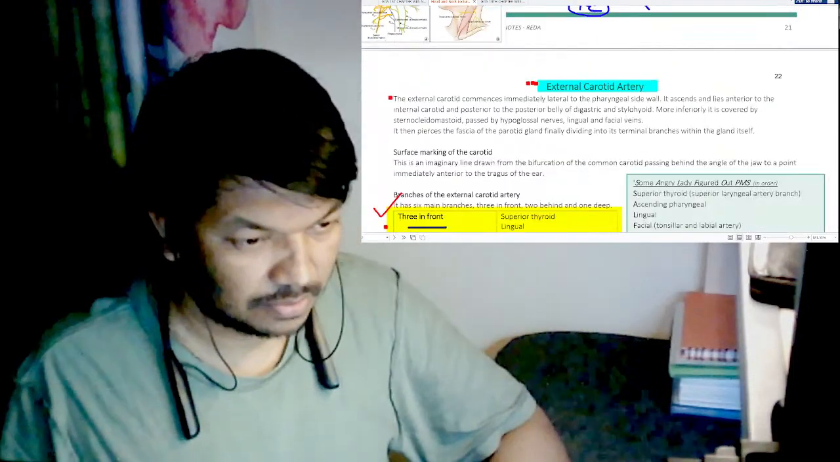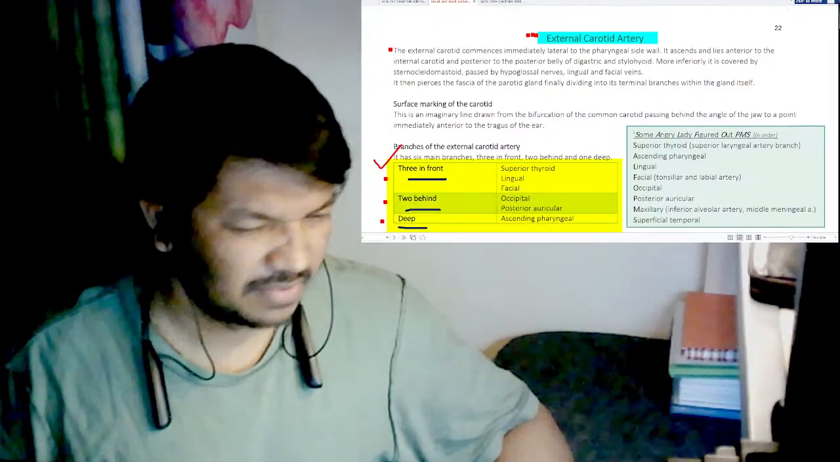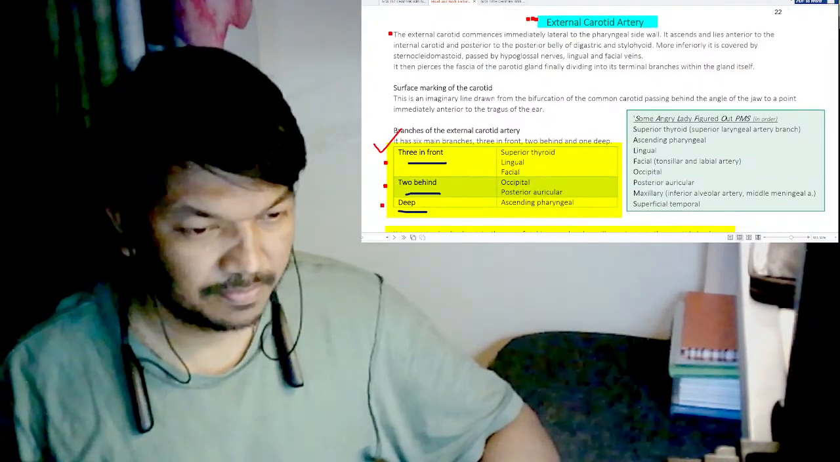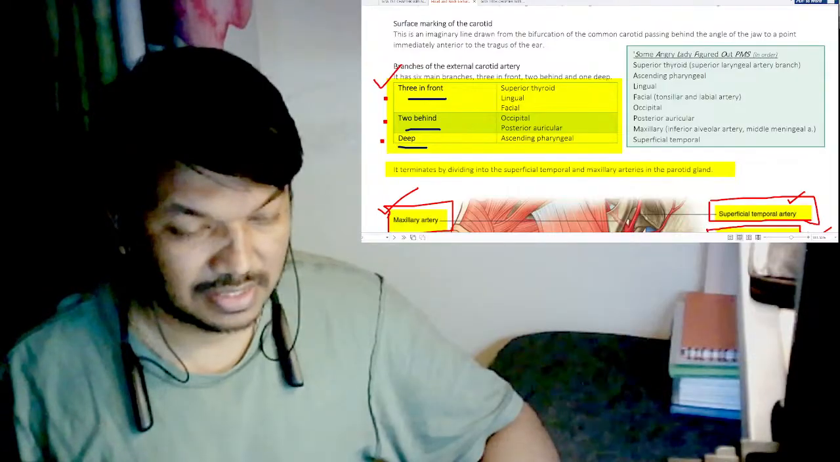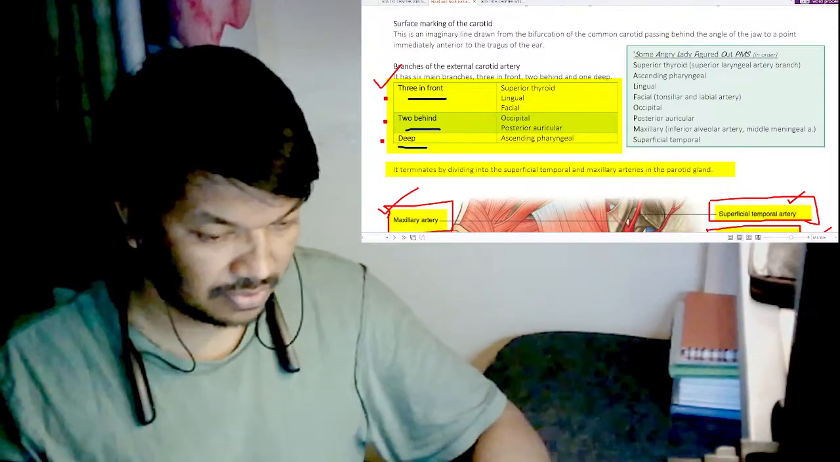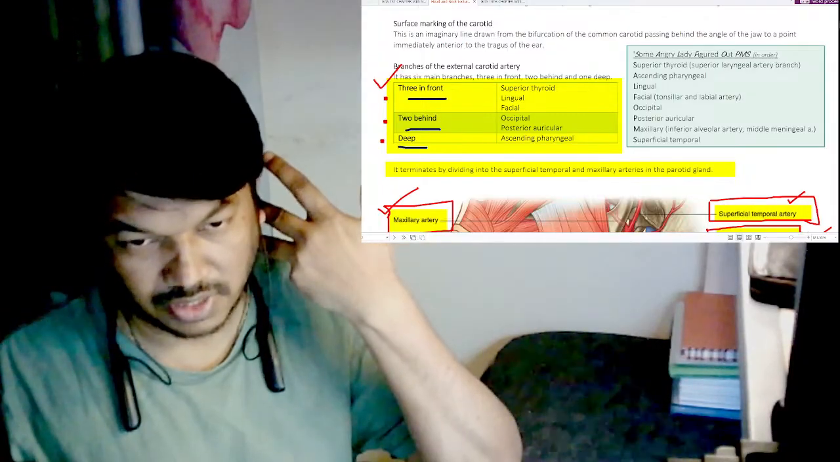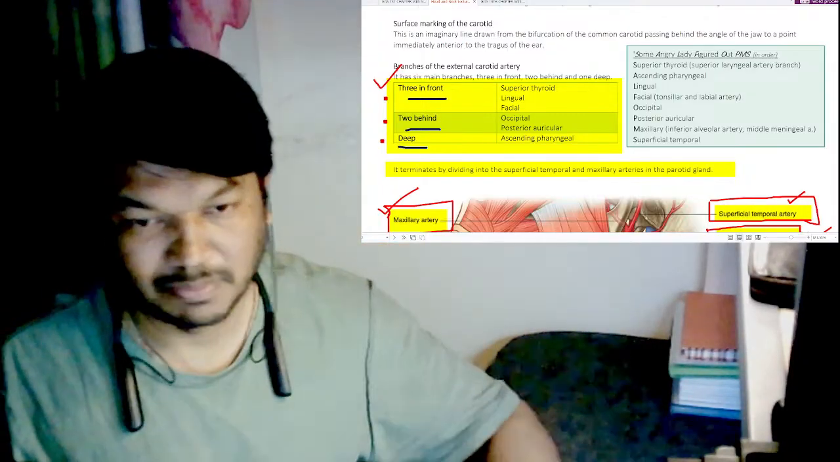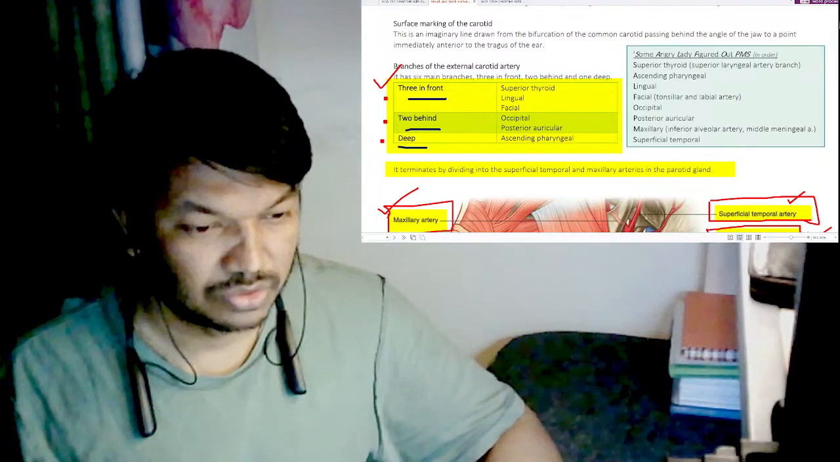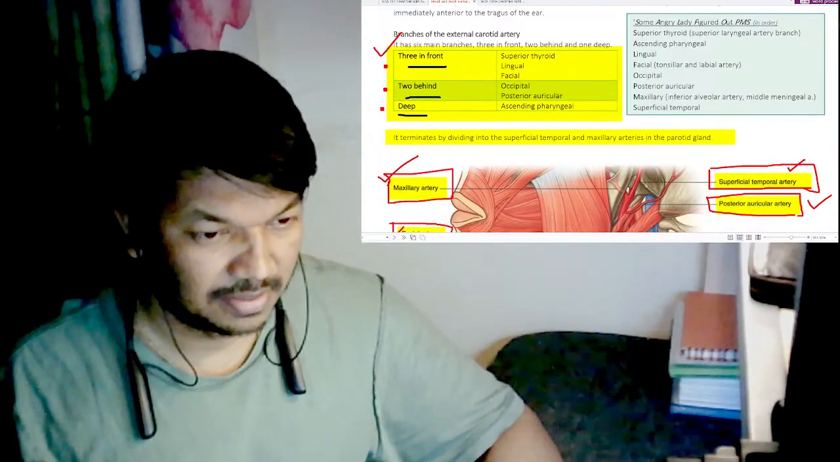This part is also done. External carotid artery, very important. External carotid artery, we need to know their branches. Some branches come in the front, I mean anteriorly. Some branches will go posteriorly, and some branches will go deep. Okay, so the anterior branches are